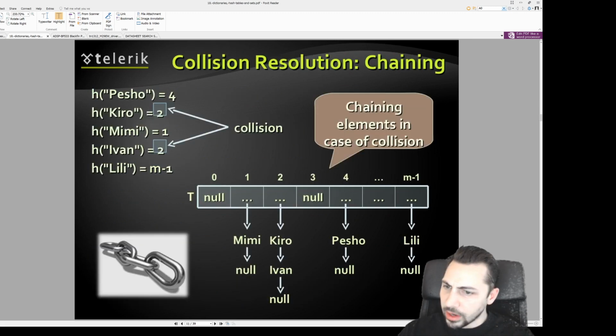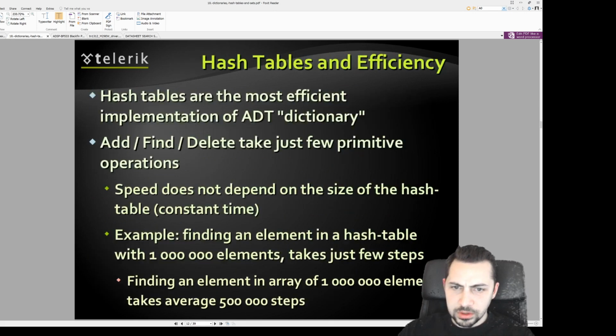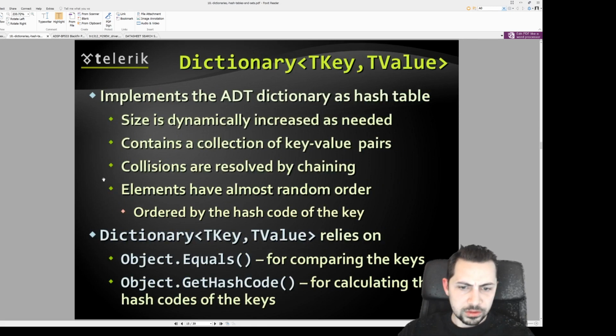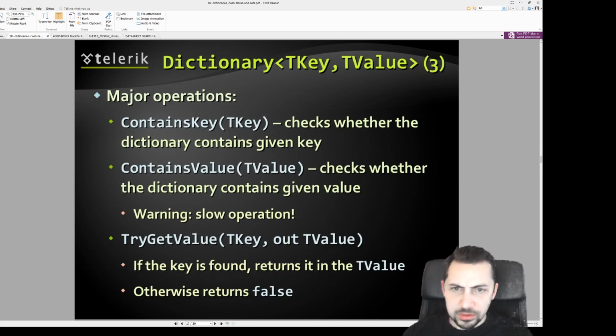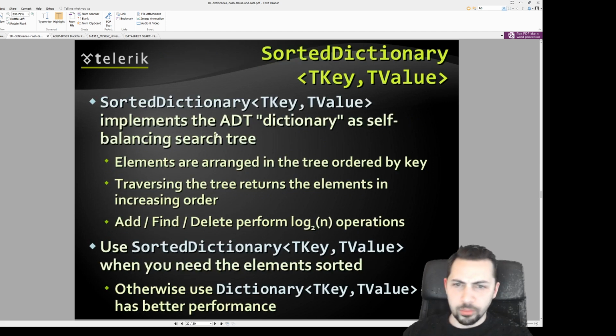There's the background on hashing functions. Hash tables, add, find. Dictionary. Add, remove keys, values. Oh, here we go. Okay.